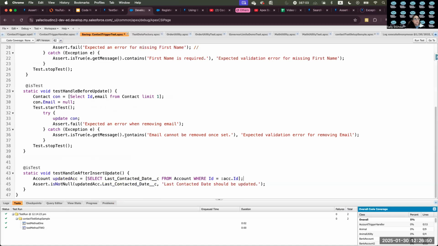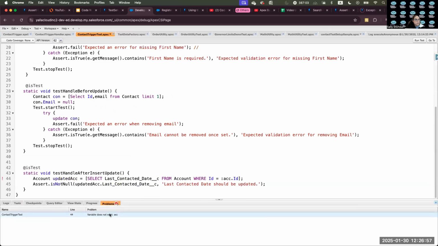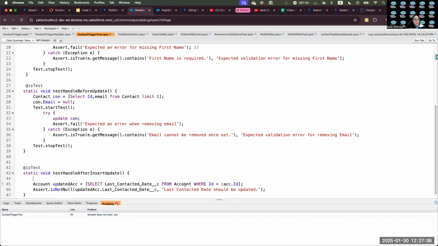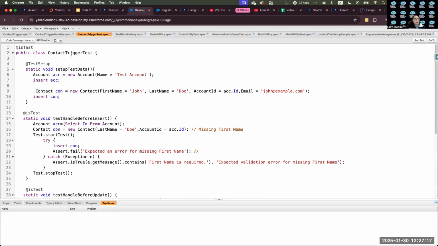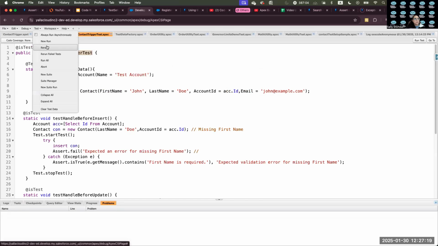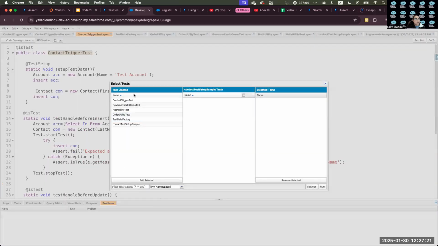So let's save it. Okay, there is a problem. Variable does not exist, line 44. Okay, so here I can say limit 1. Instead of using the account ID, I know that that account got created, I'm just getting it. And now let's run this test together. So it's the contact trigger test, and I will run it,